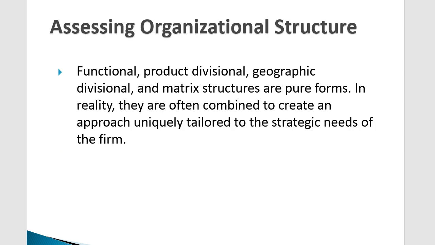Okay. So functional, product division, geographic division, matrix structures are the pure forms. In reality, companies don't really work in such a pure, sterile textbook environment. Many times they have a tailored system that's a combination of 2, 3, or all 4 of these structures, depending on how the company has evolved through time and the strategic needs of the firm to achieve its goals and mission statements. The firm structure could actually be something totally unique, a hybrid of these 4 structures,